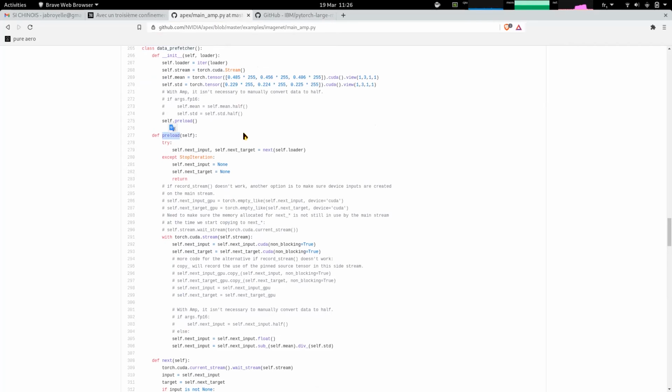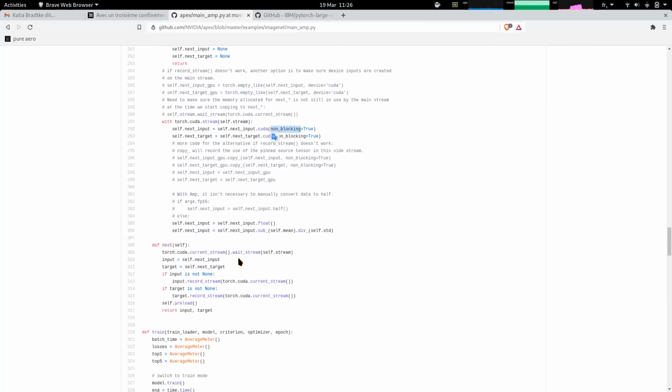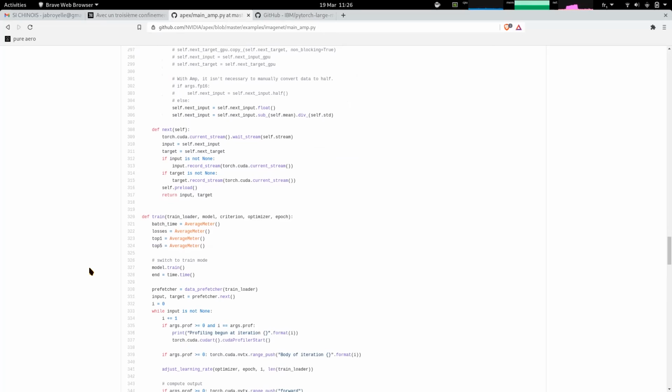asynchronously, and they use a CUDA stream in a non-blocking way to feed the data. Then when you do the next step, you just switch the current input to the prefetched one, and it's going to speed up the next kernel execution for sure.